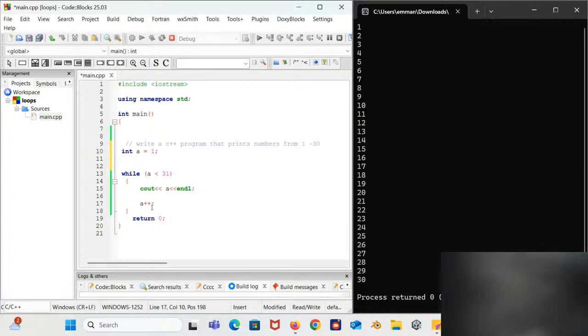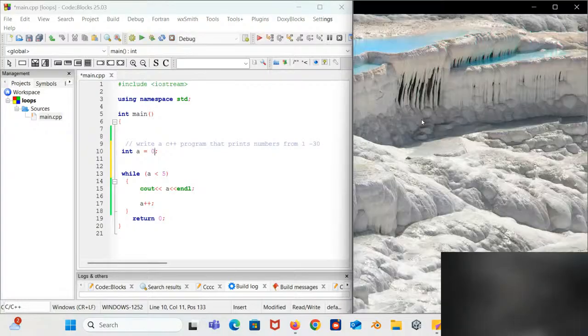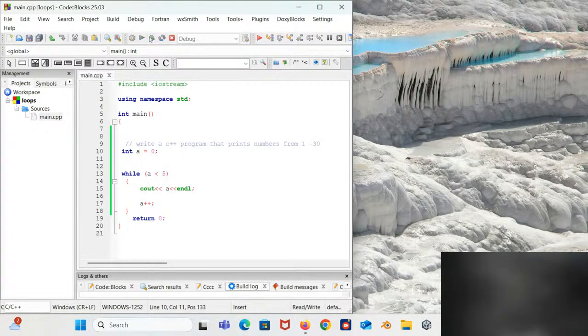When you see a++, it's what we call an increment operator. What an increment operator does is add the value of 1 to the current value of a. So, a typical example: let me change this to 5. Let's make this simple and have a be 0 here. Now you are going to print out numbers 0 to 5. So let me compile and run this here.